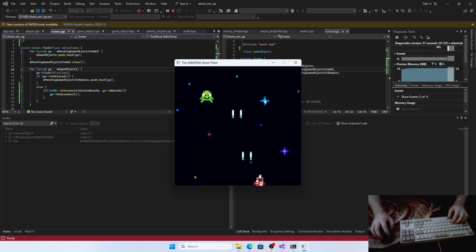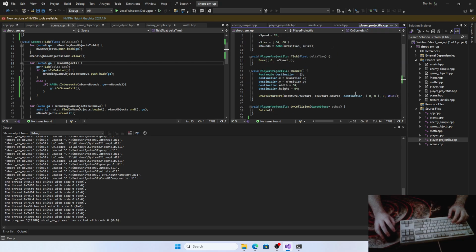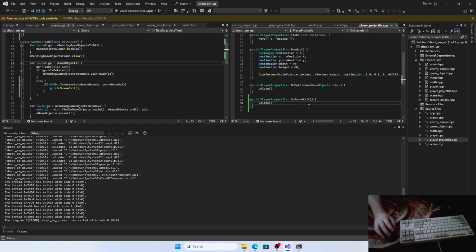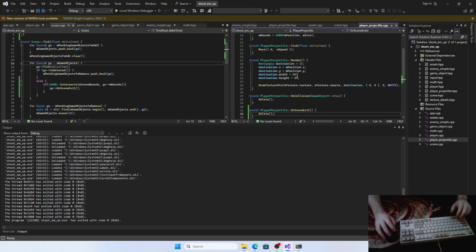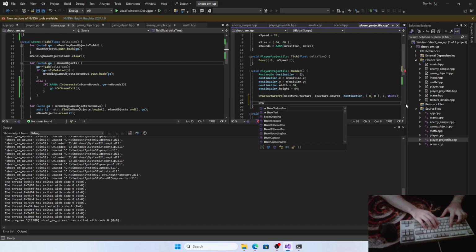Sorry about that. Good. Now we can see. Let's actually draw the bounding boxes quickly. I'm curious about the projectile bounding box. So this is like a debug thing. Draw rectangle lines,